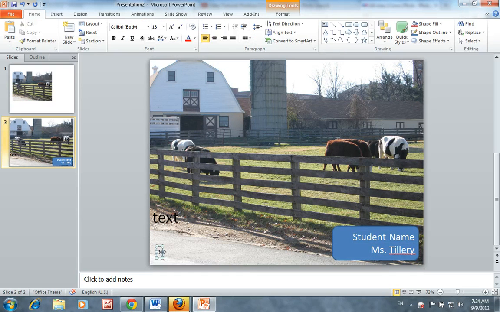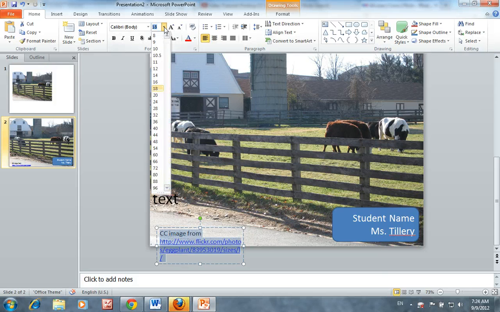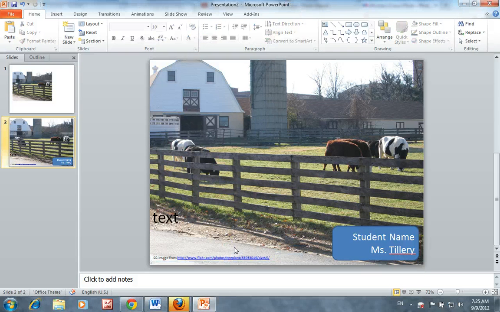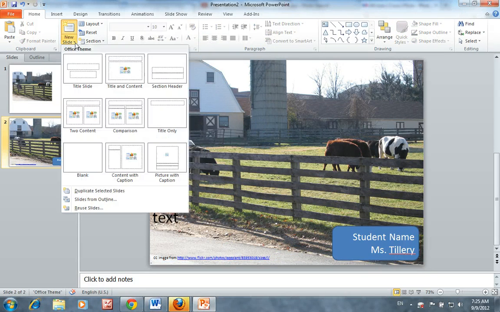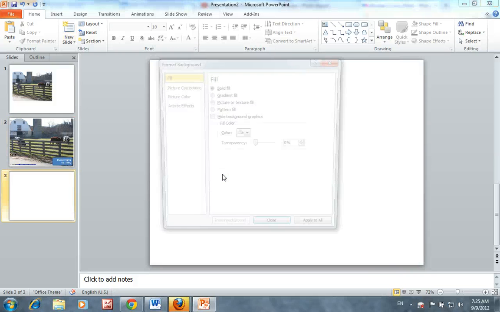You can do that simply by drawing a plain text box. We can do CC image from, paste your link, be sure to hit the space bar to make that come alive, and then you can bump it down to 8 to size 10. And I like to stretch it out and place it in the lower right hand corner so it can be as unobtrusive as possible. And then last but not least, if you want to use images from Microsoft Clip Gallery,